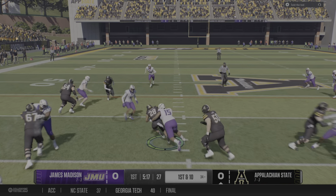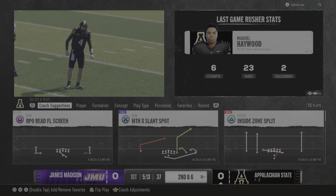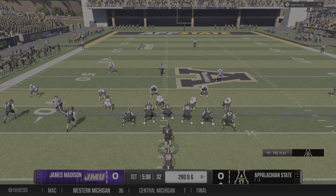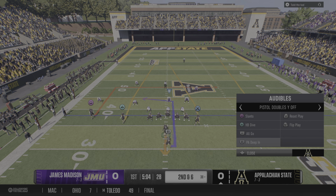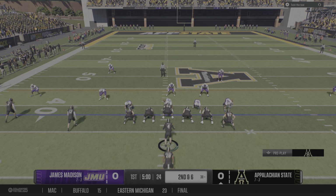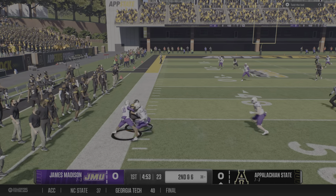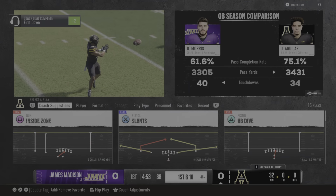They'll run it from the gun. Good job running tough and behind his pads as he gets up to the 38-yard line. It's just so nice to know you can start off on first down with positive plays. Positive yards, hand the football off, set up a good second down. To the air, it's Aguilar. He's got it. He's run out of bounds, but not before turning in a big pickup and moving the sticks